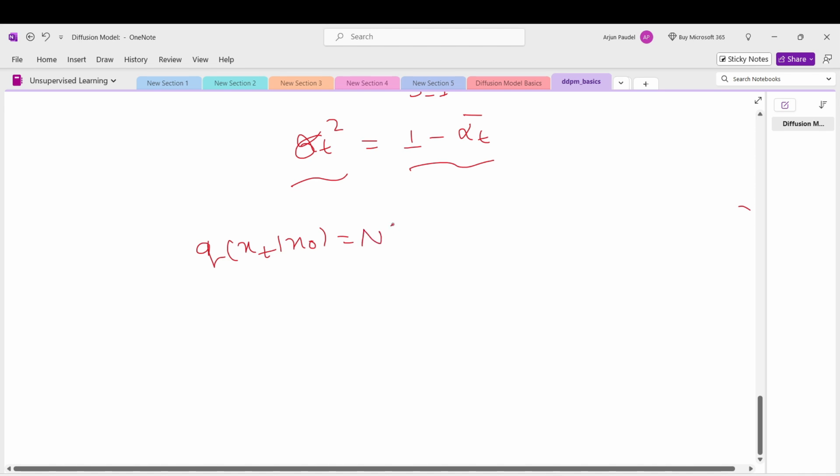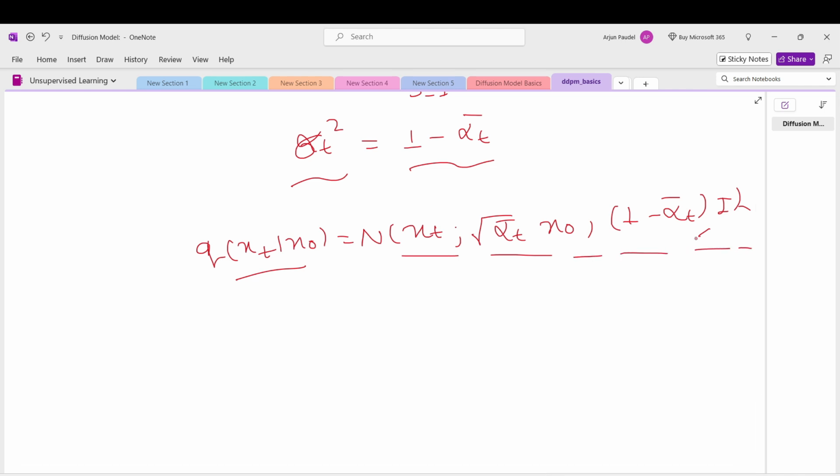So q of x_t is equal to a normal distribution with mean root over alpha_t bar times x_0, and variance 1 minus alpha_t bar times I. This is the identity matrix,